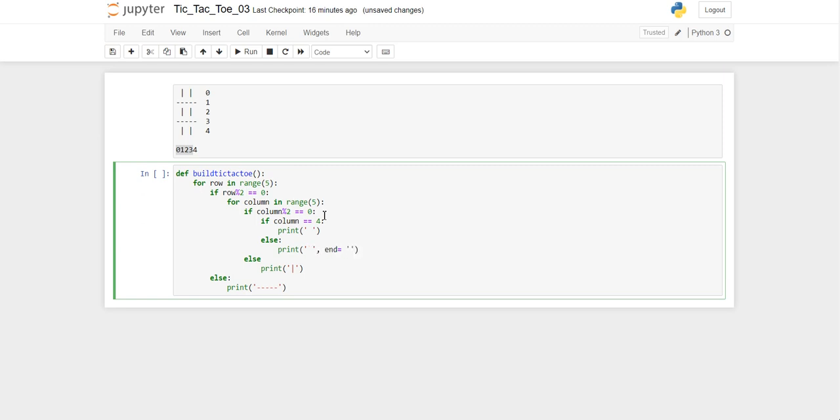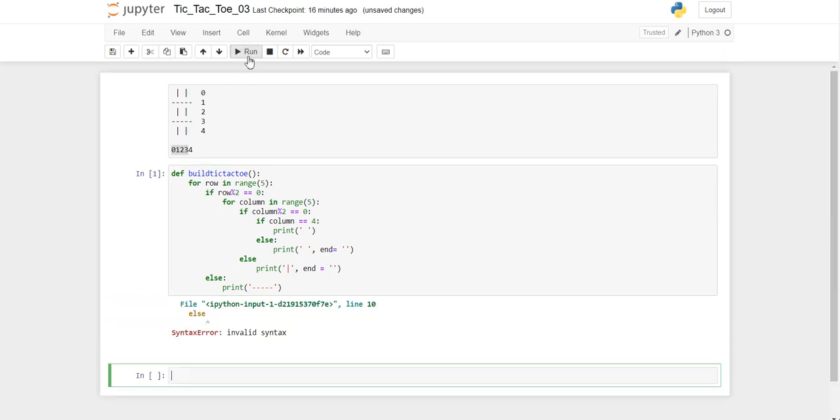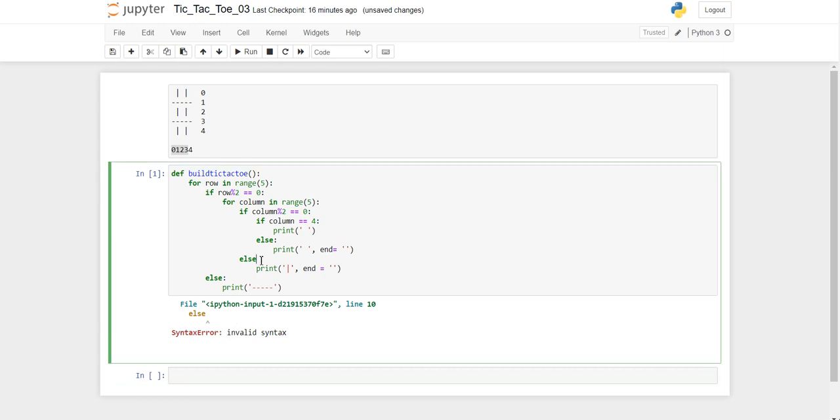If I give end, the print will not move to the next line and it will append a space. Same thing we have to give here. Okay, invalid syntax.